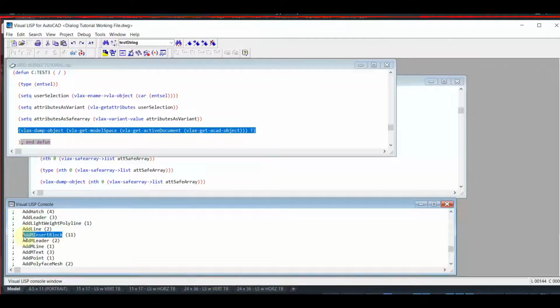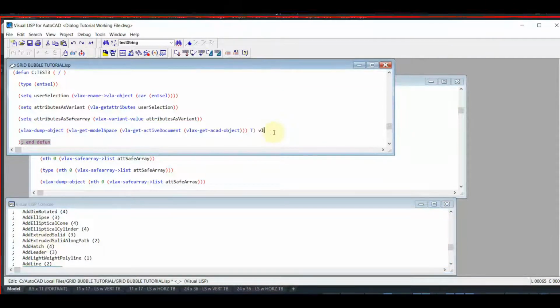I've never used this one before. VLA insert block. I'm gonna look this up. I've never used this before, but anything you want to add, you can do it right here, or you can find it right here. That's mostly every AutoCAD object. Anyways,